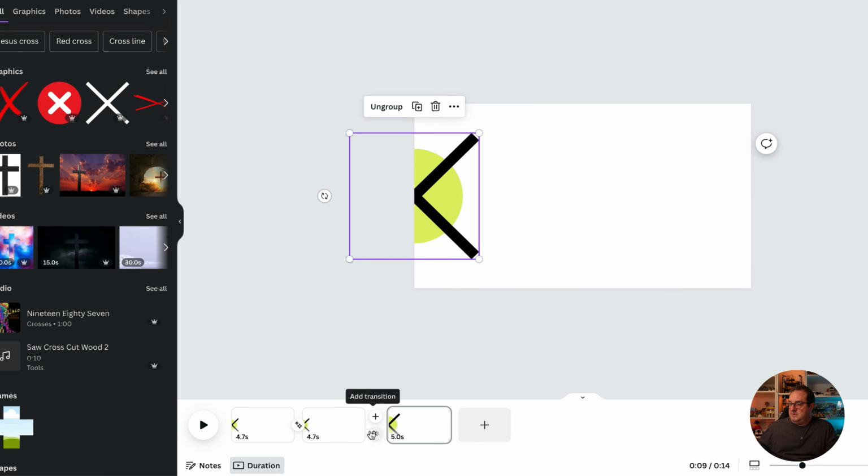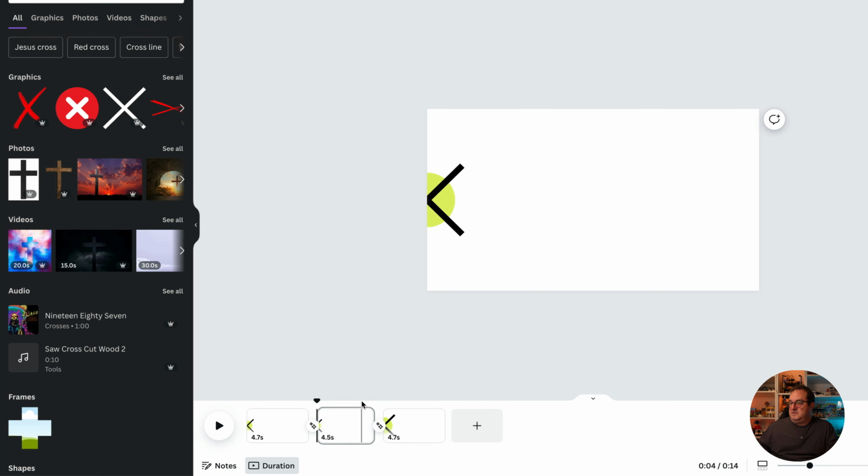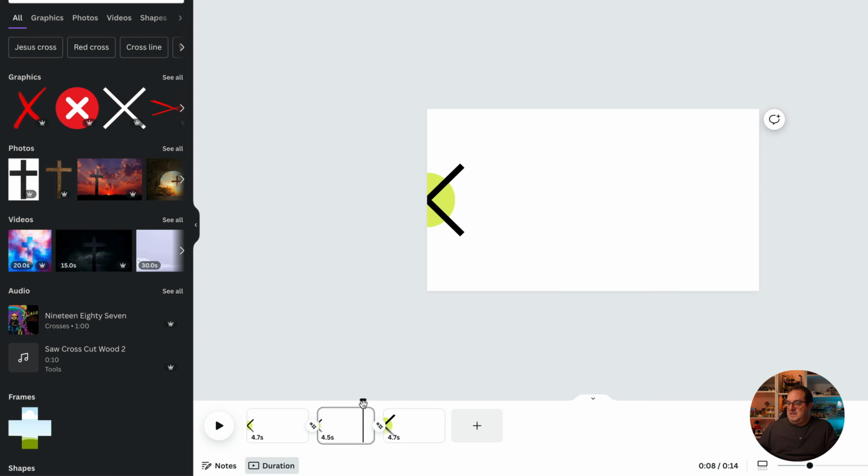We come down, add in the transition, match and move. Okay, you can see now when that plays, it's now going to make it bigger. So you can make things bigger, and you can add other animations on in the background. So let's say we've got this page here,